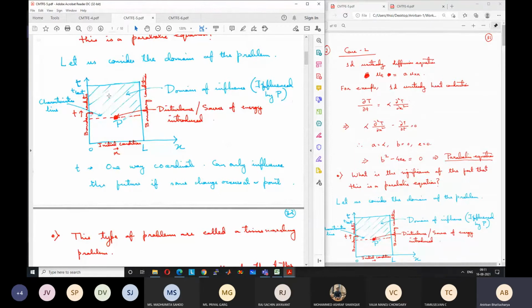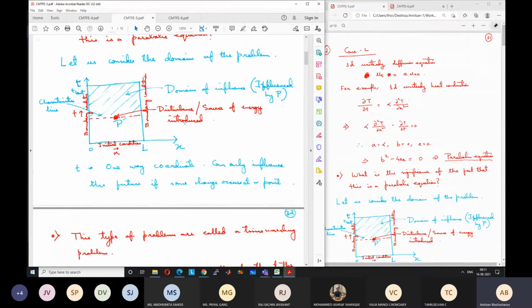And why this is important from a CFD point of view, because the solution algorithm we need to develop later on will depend on the nature of the problem. So for an elliptic problem, we have to develop an algorithm where the value at each point needs to be calculated based on all the surrounding values. Means if I divide the domain into a certain number of grid points, each point has 8 neighbors in 2D. Okay. So all the 8 neighbor values should be taken into account for calculating the value of a certain point. Why? Because the information travels in all directions for elliptic problems.